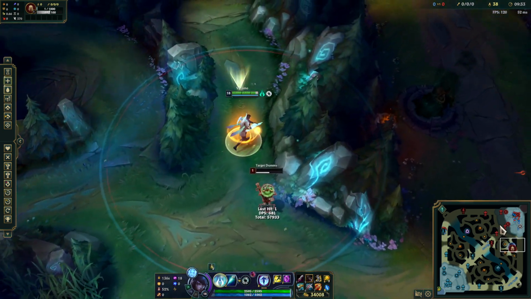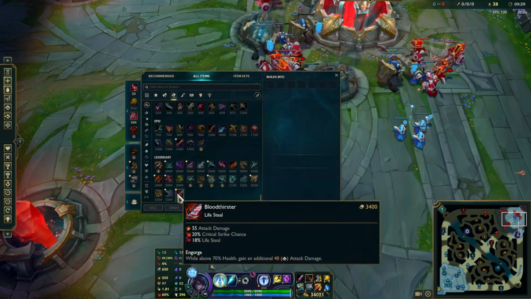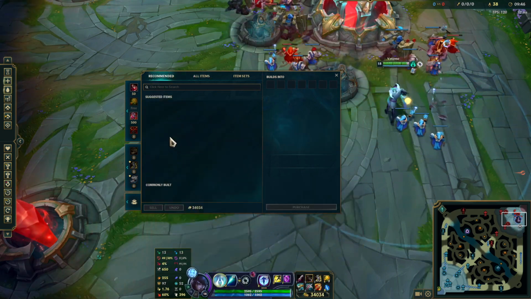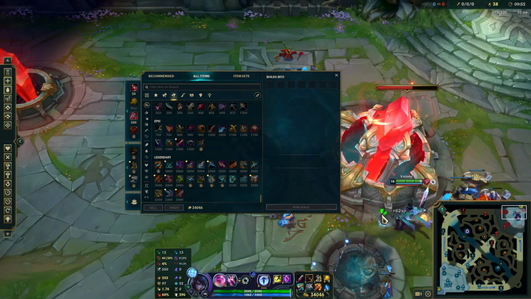Alright, and with that said, you can kind of test out all the different items in practice tool, taking your time to read the items, seeing how they synergize, not just blindly picking whatever. And they've changed items for updates and stuff, so it's always good to make sure